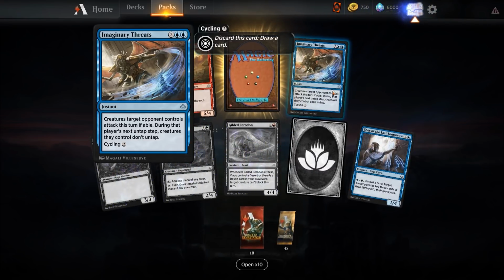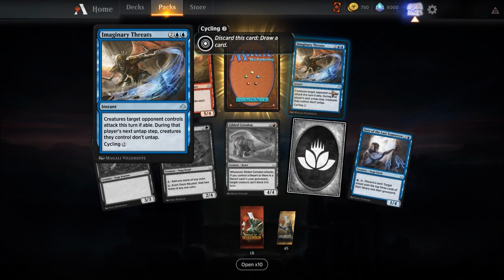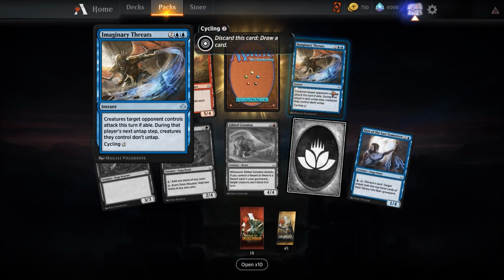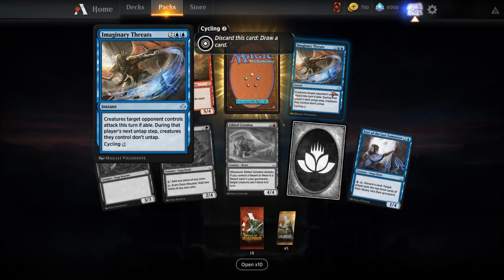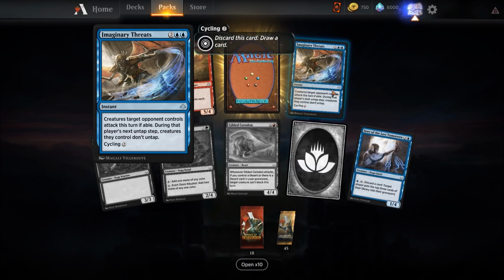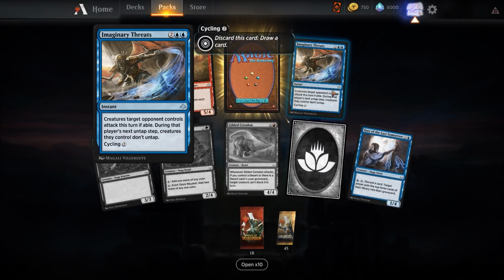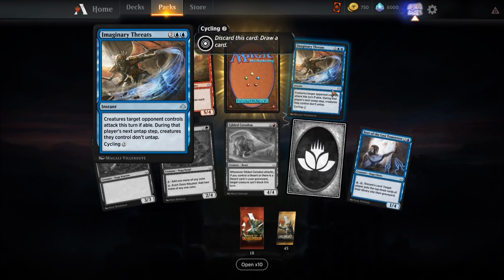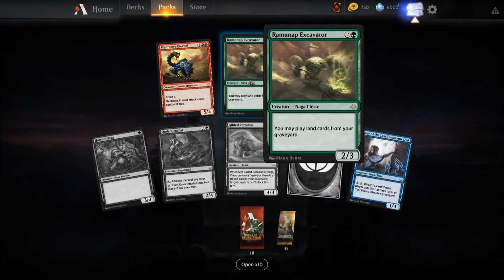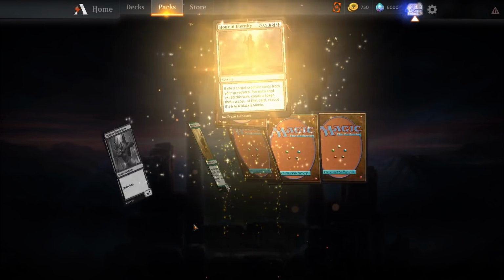Imaginary Threats. I don't think I've seen this card. 4 mana for an instant. Creatures target opponent controls attack this turn if able. That's interesting for a blue card. During that player's next untap step, creatures they control don't untap. Huh. Yeah, usually that first bit of text is completely unanimously on red, but that's interesting. I like Ramunap Excavator. I can do some fun stuff with you. I need some more